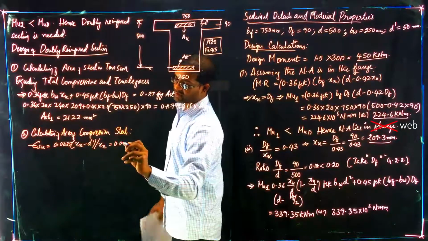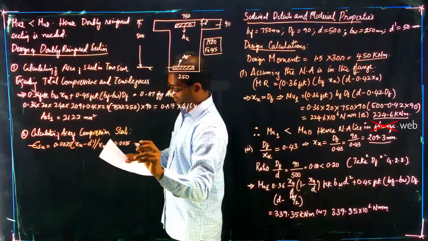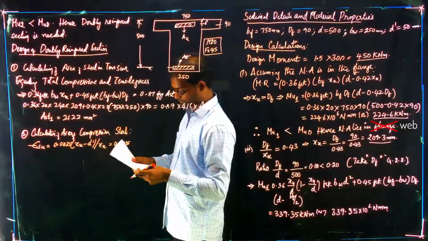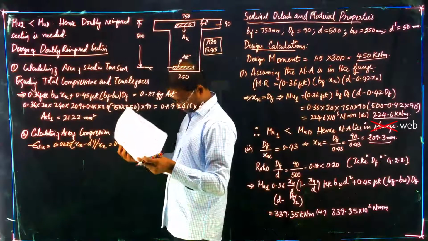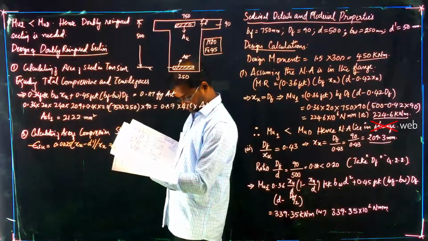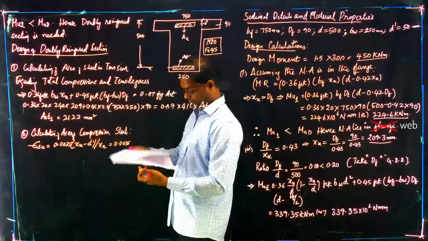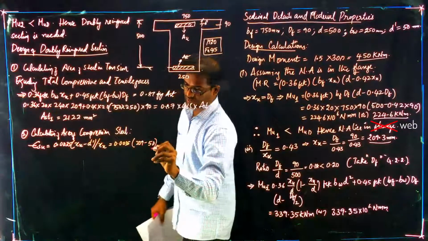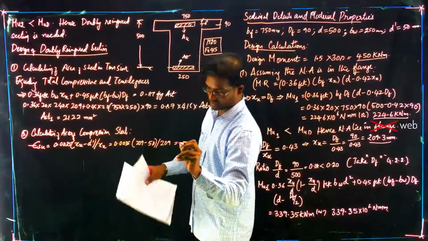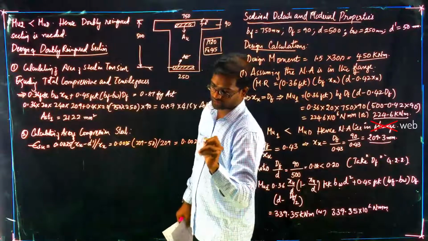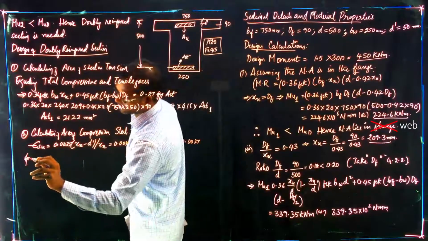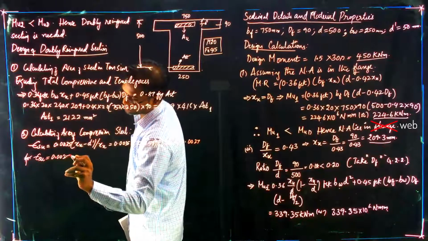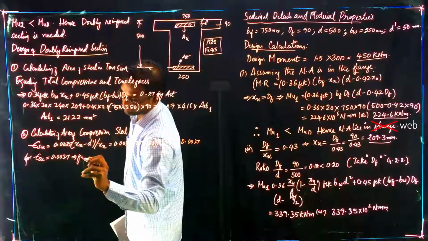So this is 0.0035 into 209 minus 50 divided by 209, which will give you a value of 0.0027. For epsilon su equals 0.0027,